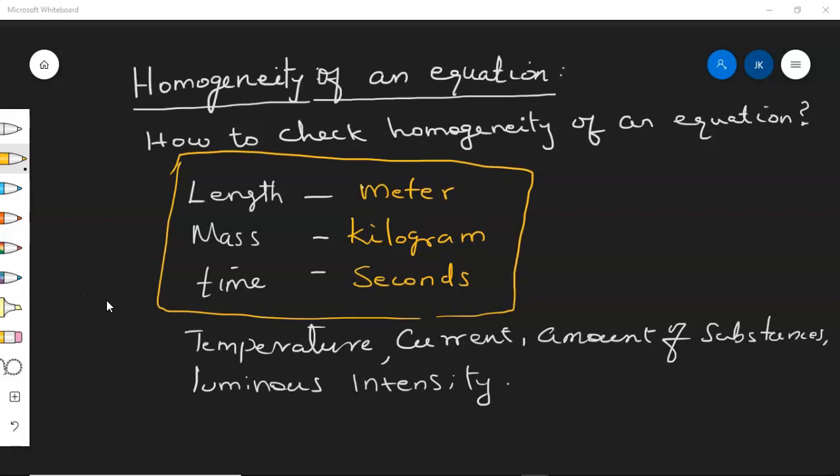Homogeneity of an equation. How to check homogeneity of an equation in physics. There are base SI units for describing the 7 base quantities, and these are all the 7 basic quantities,